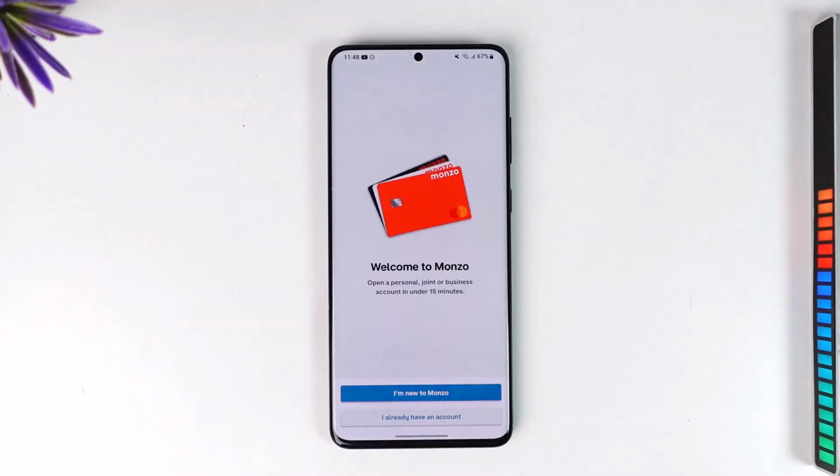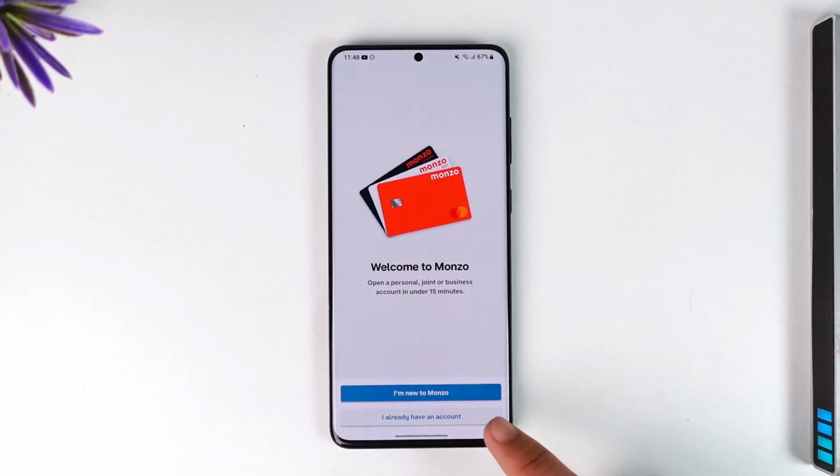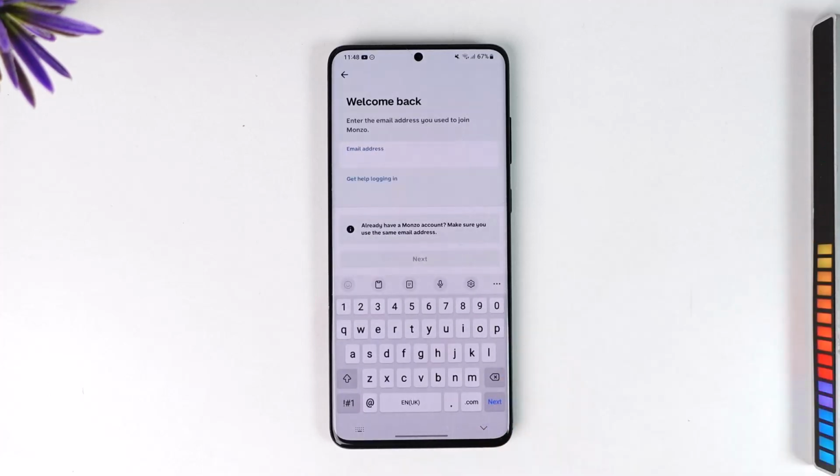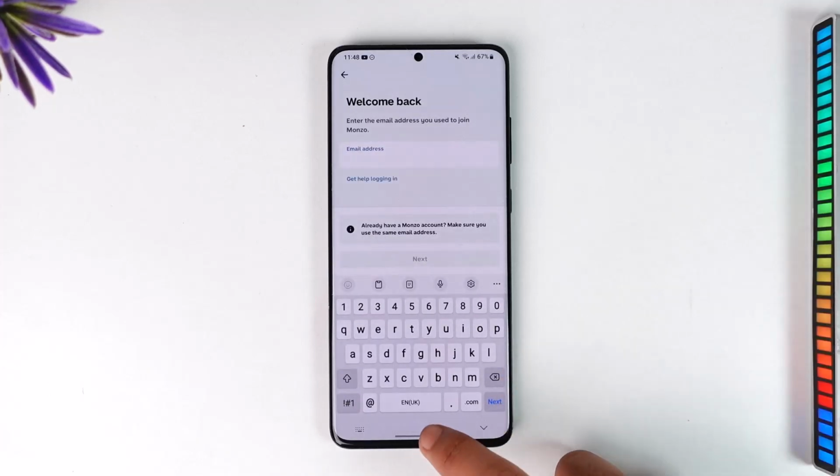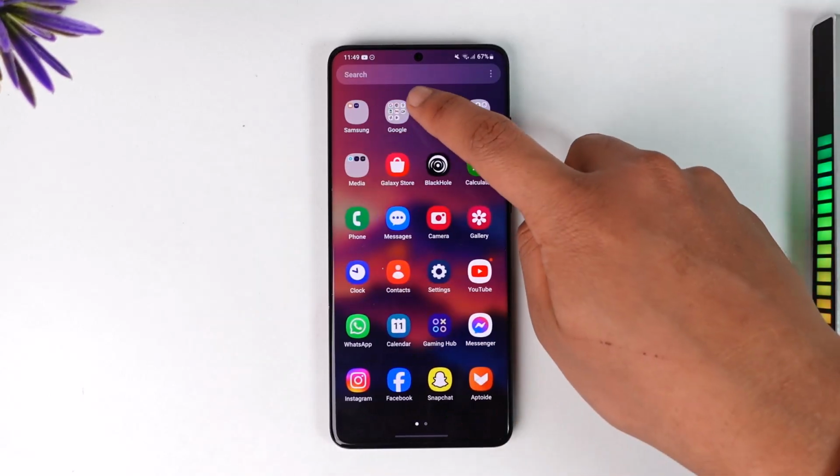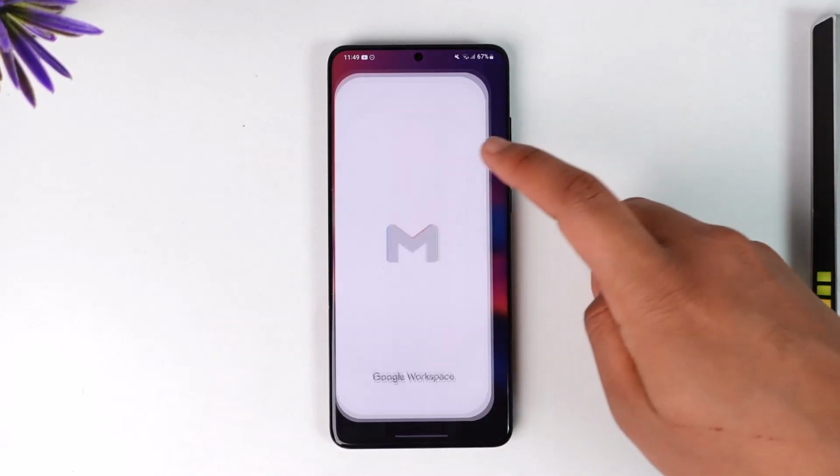Now in order to send money, you need to make sure that you are also signed into your account. So all you have to do is tap on I already have an account option that you can find here, and once you tap on I already have an account, make sure to enter the email address and tap the next option. Once you enter the email address, open up your email over here,